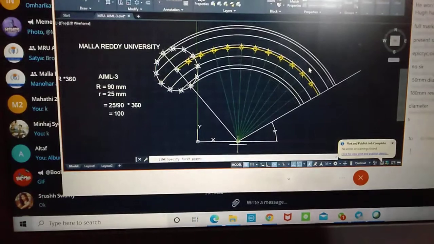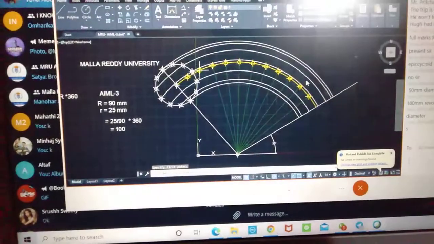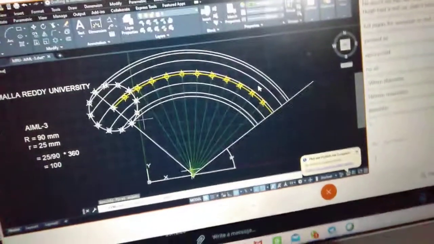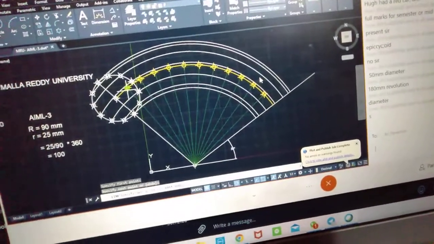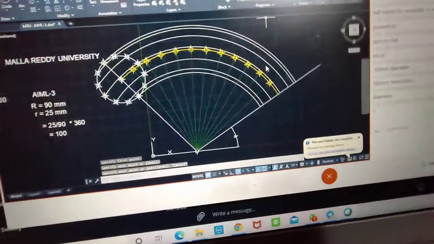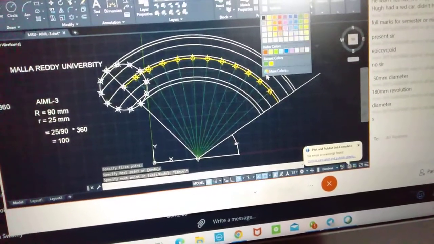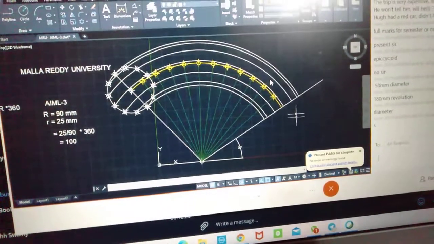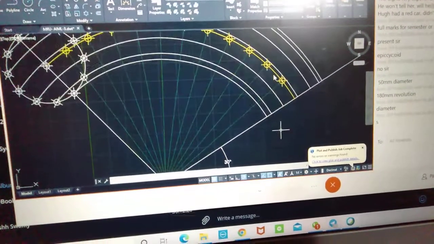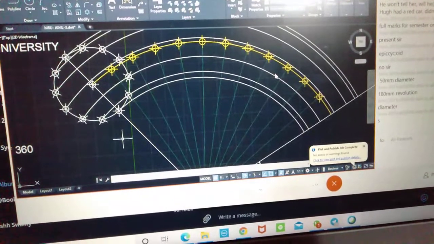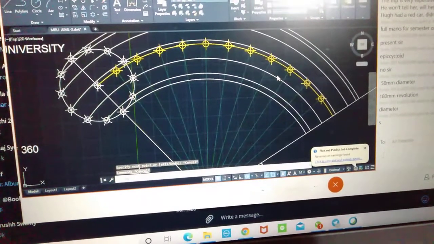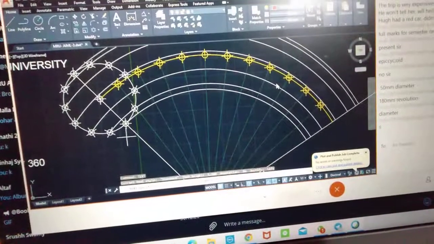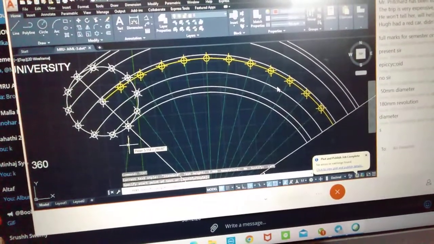Escape means ESC, which is at the corner of your keyboard. ESC. Okay. See here. Once I have drawn all the lines, see the next step. We need to make a text here. I will make the text for your purpose. Then justify with respect to your point. Then the height will be 2.5, better.